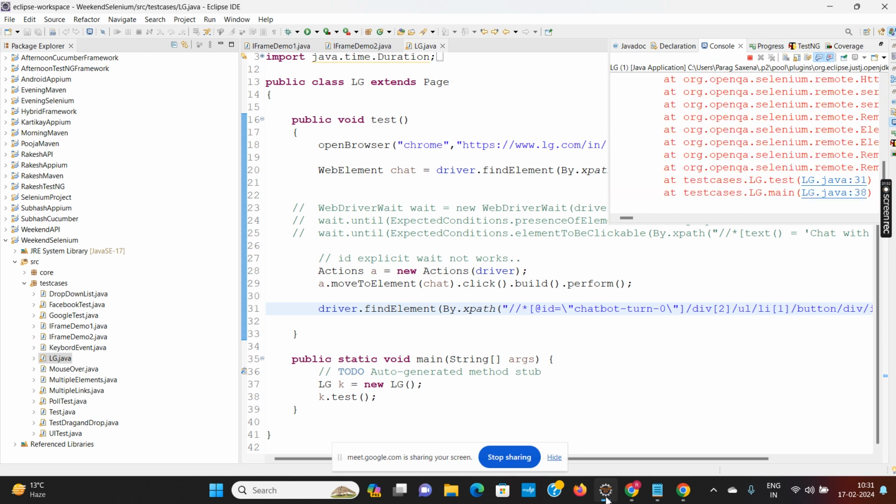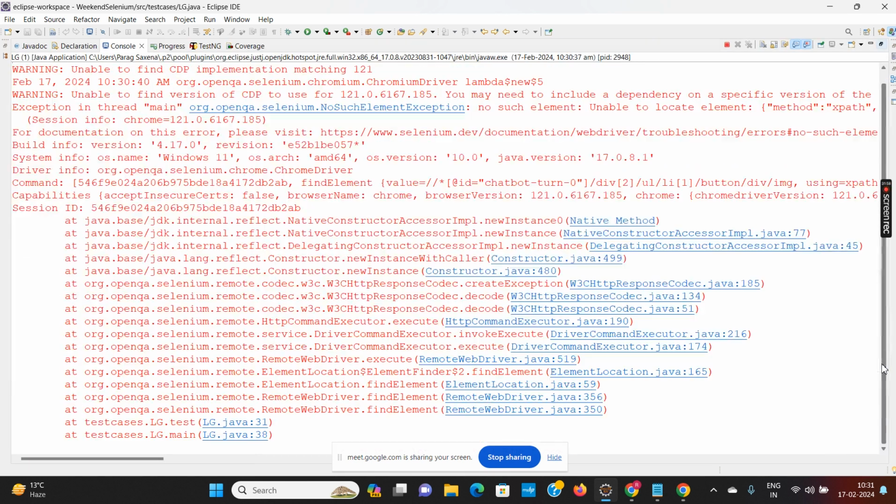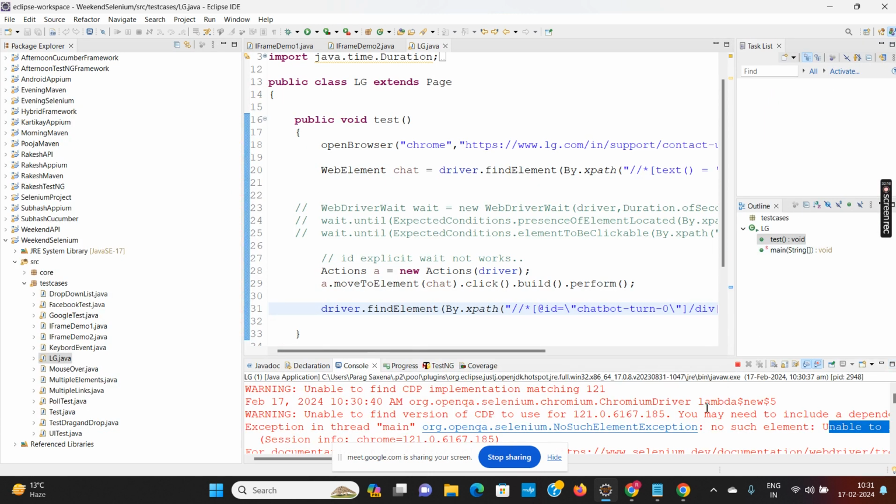So if this kind of a message is coming, you have to check the error. First of all, it was saying not clickable, but now it is not saying not clickable. You see, it is saying unable to locate the element. In that case, if your XPath is correct, it may happen that XPath is dynamic changing. So that also you have to check. But if XPath is also right and it is still not able to locate the element, then you can verify